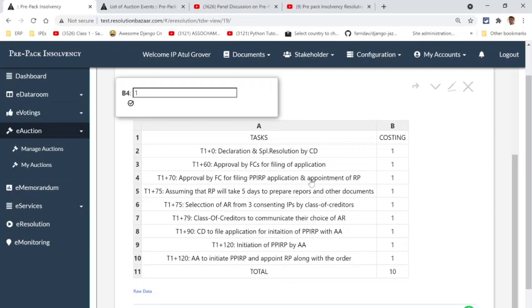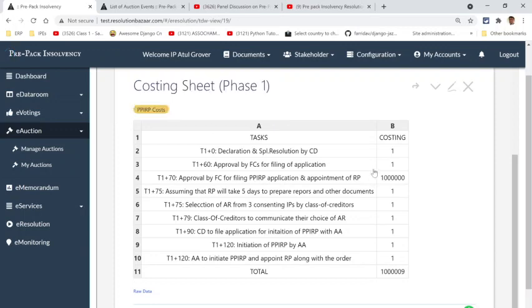So you should be prepared to put in anywhere between 8 to 10 lakh rupees minimum in the bank, the charge of which will be given to the resolution professional, because for him to start the process, which will include valuers, forensic auditors, and so many other things. So at this stage, I think we should put in that you need to put in at least 10 lakh rupees in the bank account.